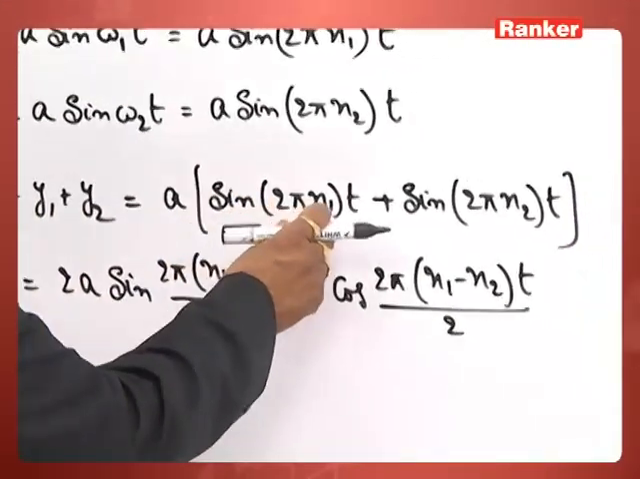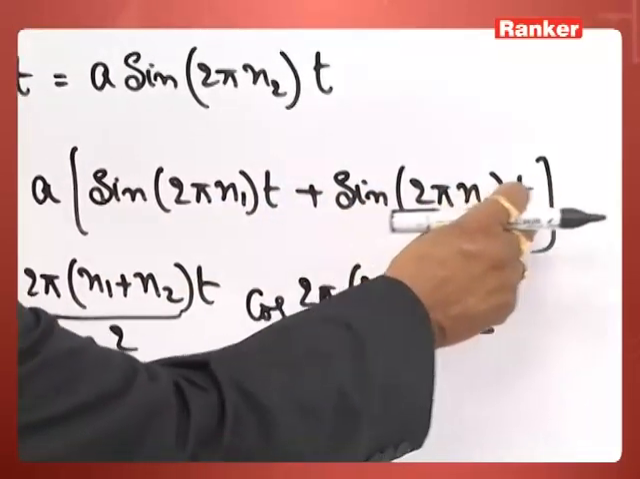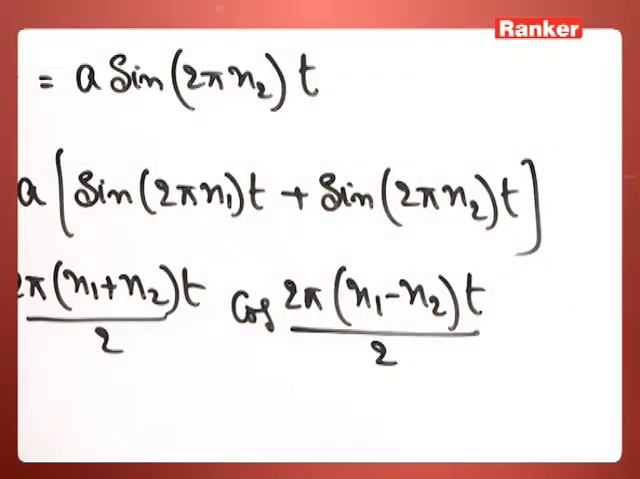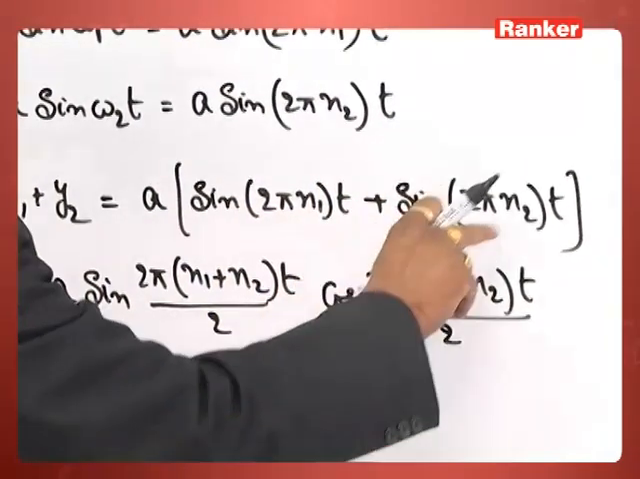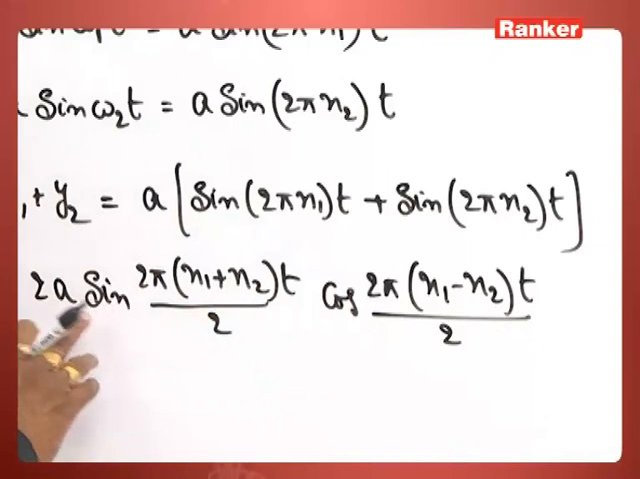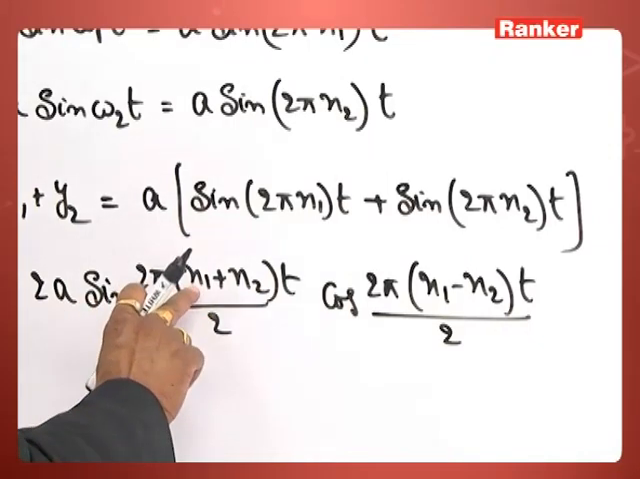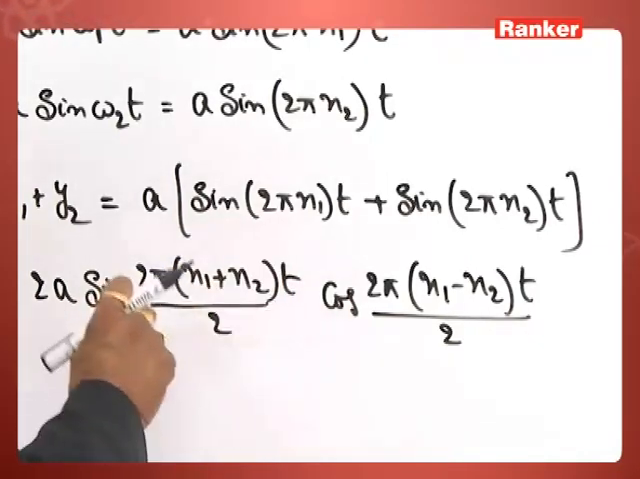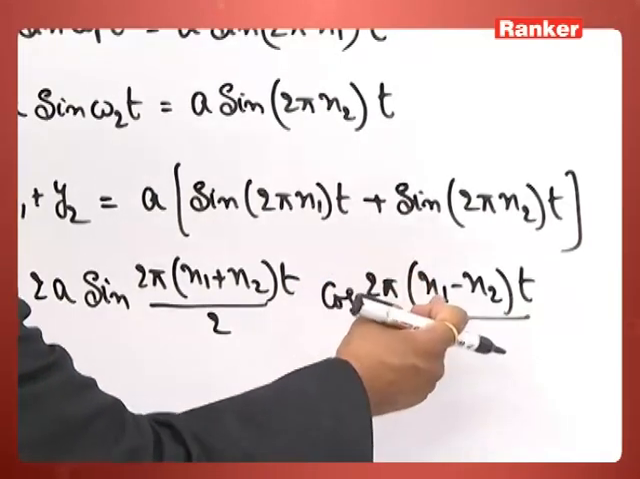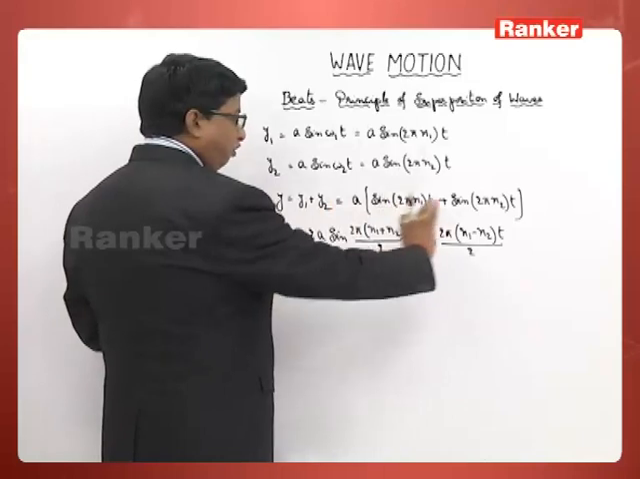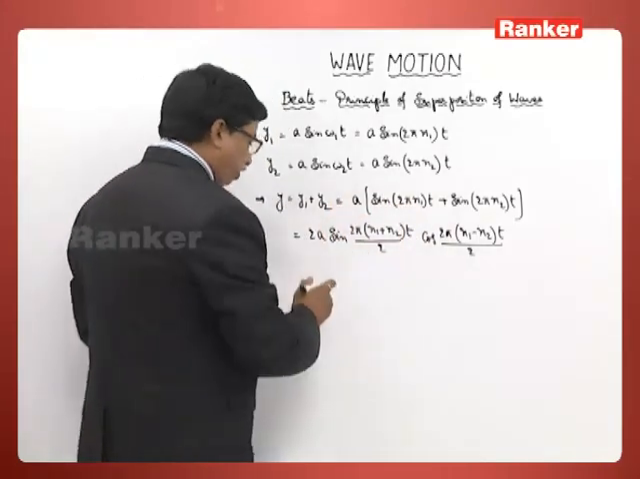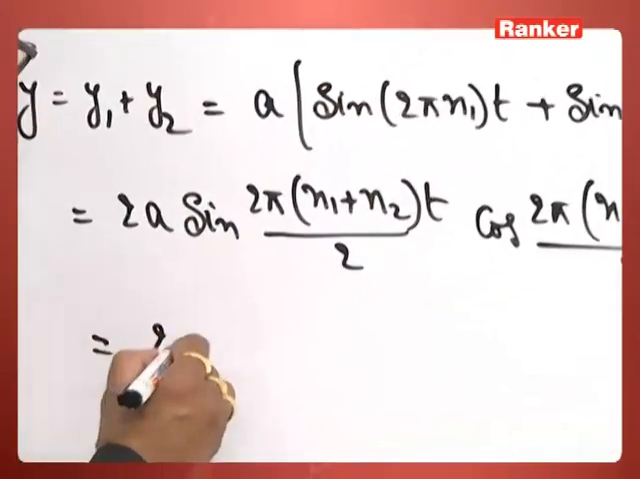a of sin of 2 pi n1 t plus sin of 2 pi n2 t can be written like this: 2a sin of c plus d by 2 cos of c minus d by 2. This is the formula: 2a sin 2 pi into n1 plus n2 into t by 2 cos 2 pi into n1 minus n2 into t by 2. But when we just rearrange this total equation, we will be getting 2a